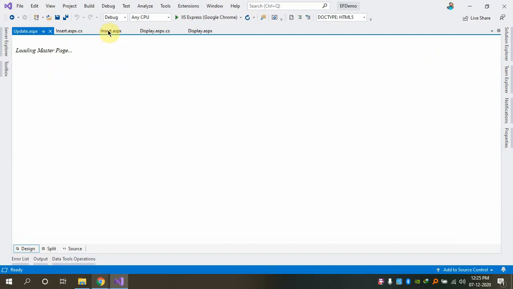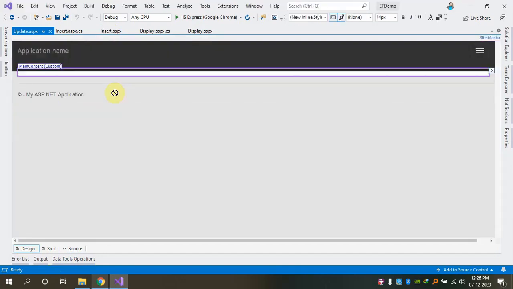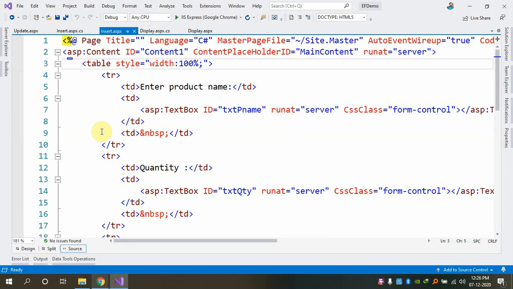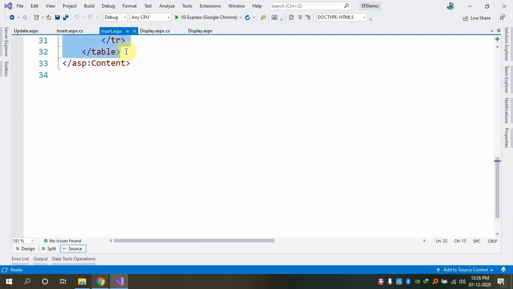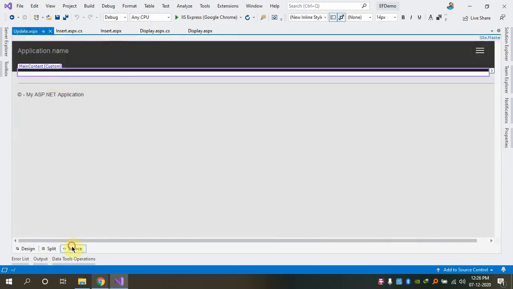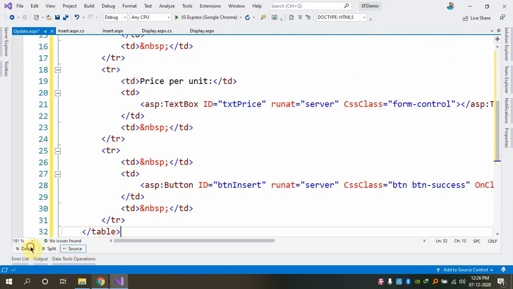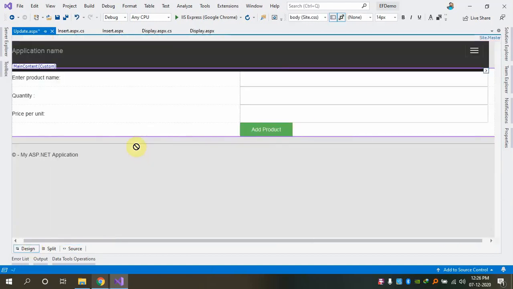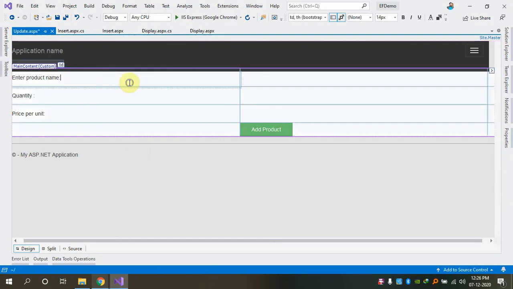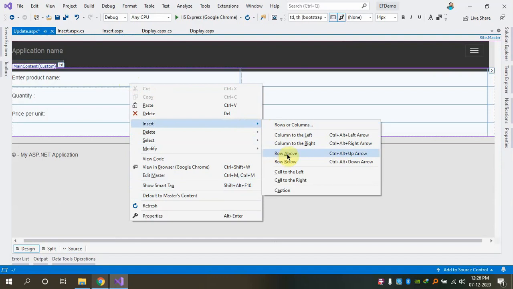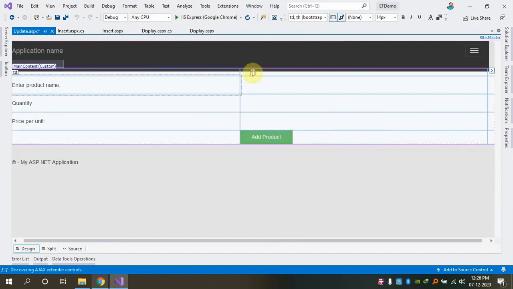So first let me choose insert.aspx and go to the code. From there we will pick up the design and put it in update and modify it. So let me go to insert.aspx. Let me go to its source, that's better. And I'll take from the table till /table from here, and I'll put it here in this ASPX inside the content. Okay, so now let me go back to the design. I'll have a table ready which has almost all details which I require except for one more column. So one more row. Let me just insert a row above, and there what we will do is